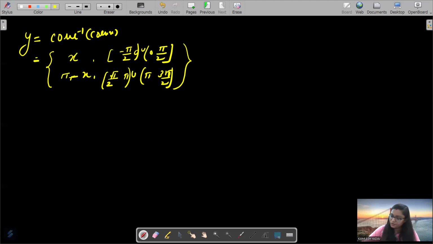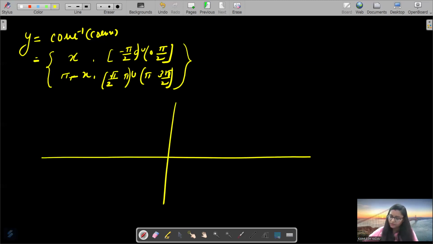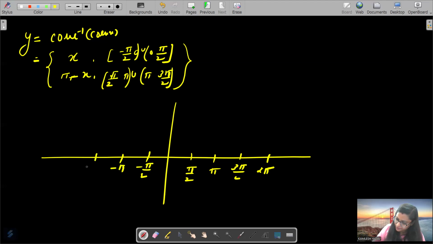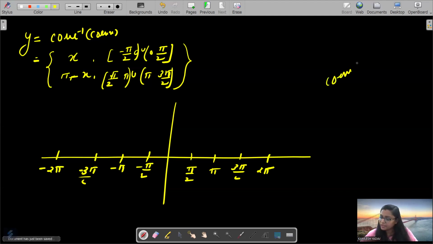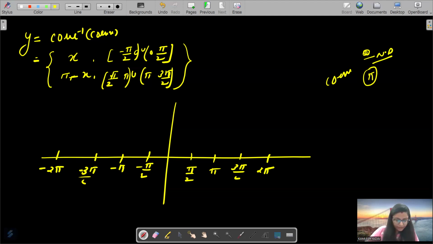Okay. So first of all, I draw the points and mention the points: pi by 2, pi, 3 pi by 2, 2 pi, minus pi by 2, minus pi, minus 3 pi by 2, and minus 2 pi. And we know why I write this here: because cosec x in 0 is not defined. So that's why 0 is written as an open interval. And again for pi, because cosec pi is undefined, that's why it is written as an open interval. Okay, so for the graph,